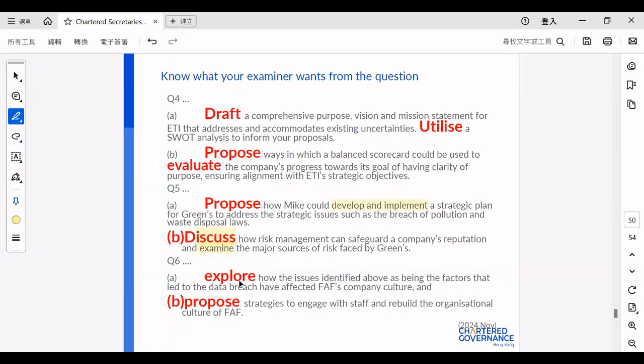And finally, explore how the risk factors affect the culture, right? And propose a new strategy. So again, explore means you analyze the thing first, and then from your analysis, you draw conclusions. So again, when we revise this,